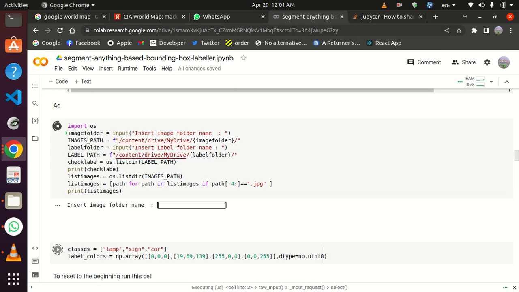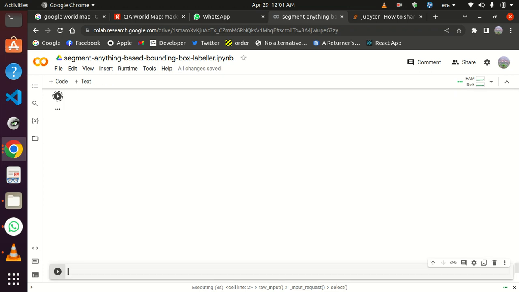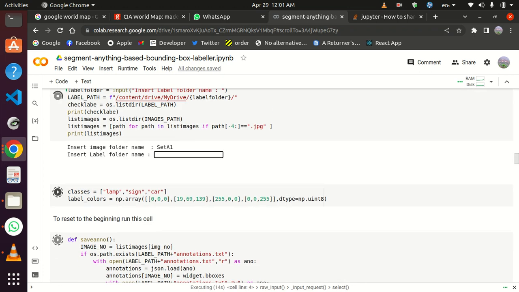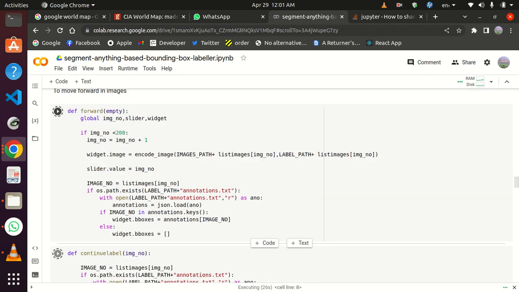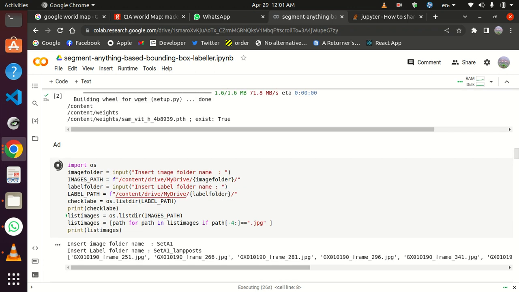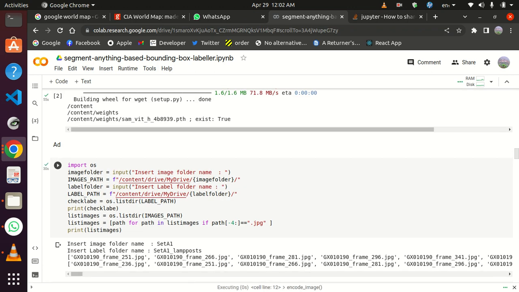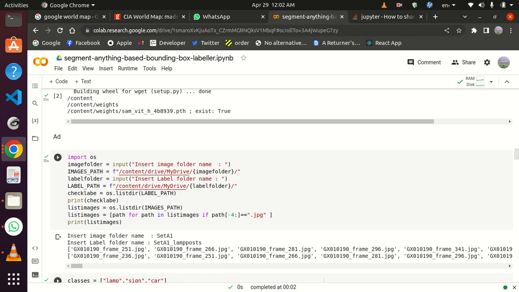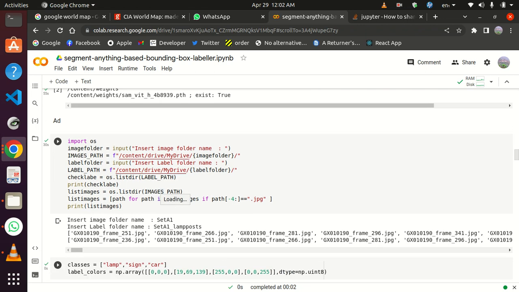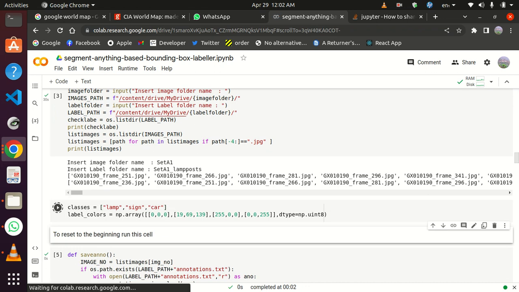Once you come to this cell, you'll have to input the name of the folders whose shortcuts you just added, the image folder name, and then the label folder name. If both of these are correct, you'll see these two lists popping up, and then it should be that the paths are correct. If they are not correct, then there will be some sort of error coming in. After that you can just run all the other cells